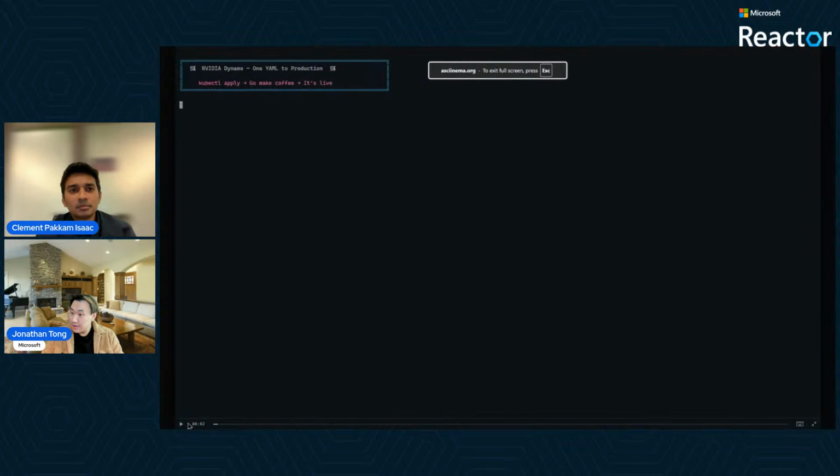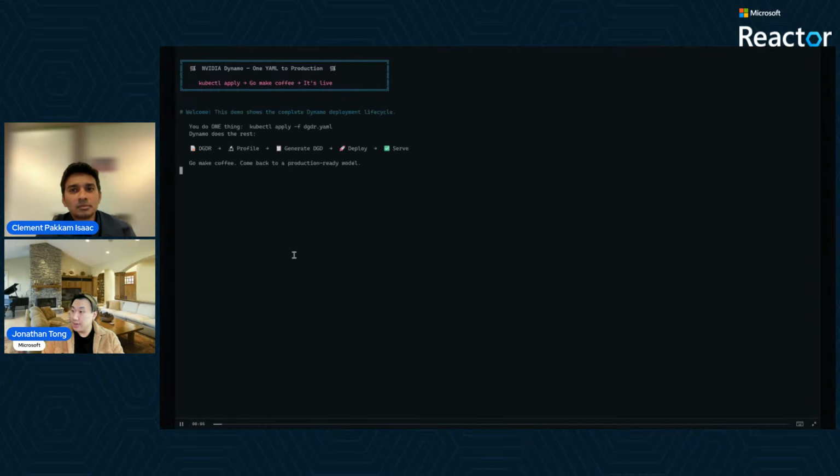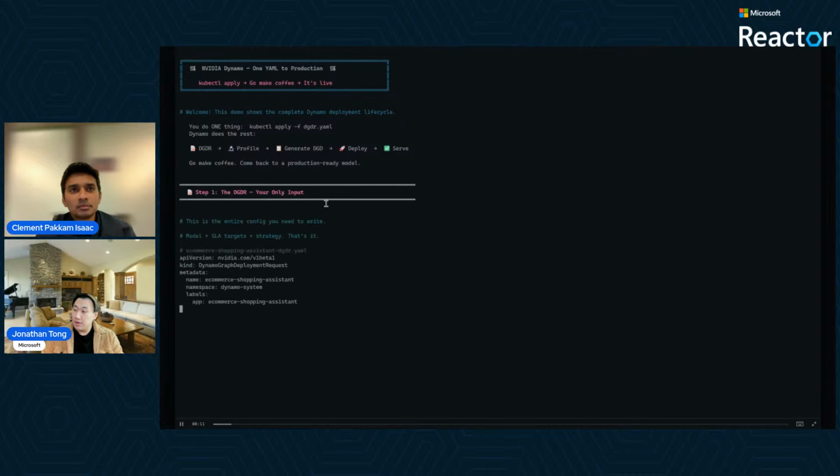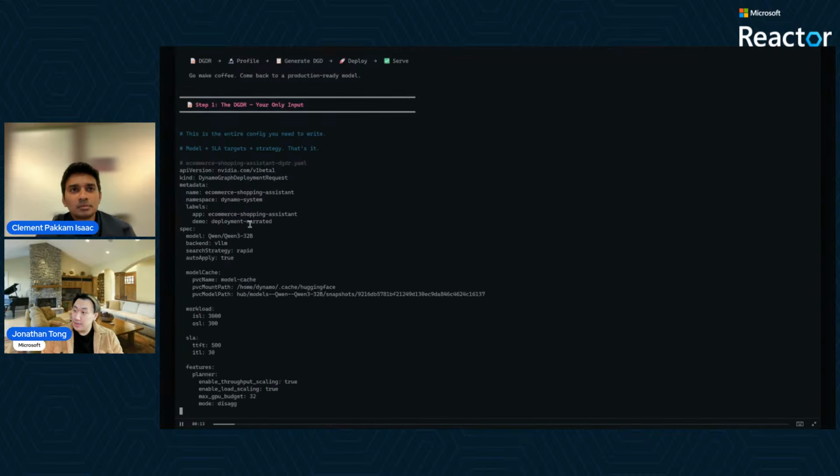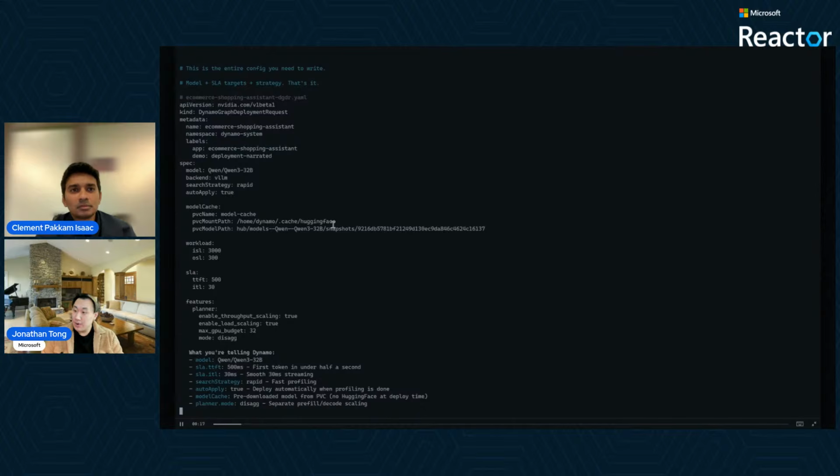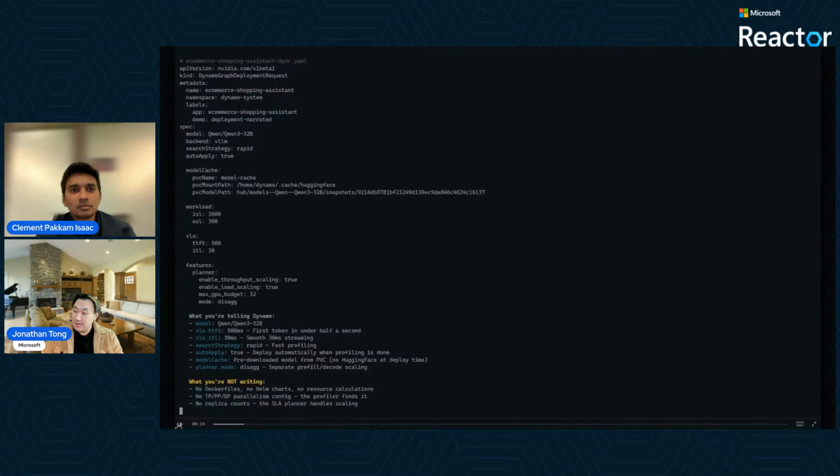Okay. So this will show the flow where you start from a DGDR and go through the deployment lifecycle. All you have to do is put in this input for your deployment request. So this is a request because it lets you specify what you want in a deployment, and it'll put in the request to have Dynamo fill in the